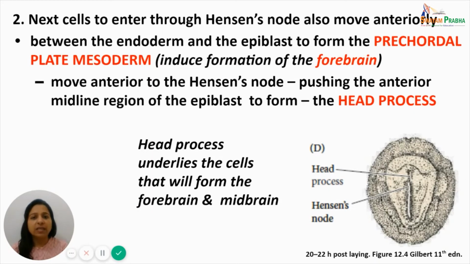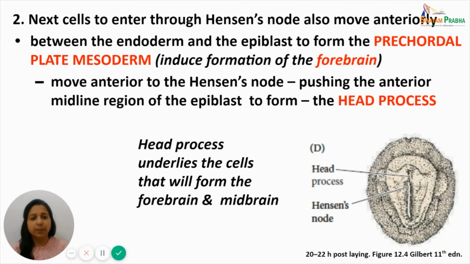These cells move anterior to the Hensen's node. Here in the diagram we see these cells which have moved anterior to the Hensen's node. They push the anterior midline region of the epiblast to form a sort of bulging which is known as the head process. Head process, as you see here, is the area which underlies the cells that will form the forebrain and the